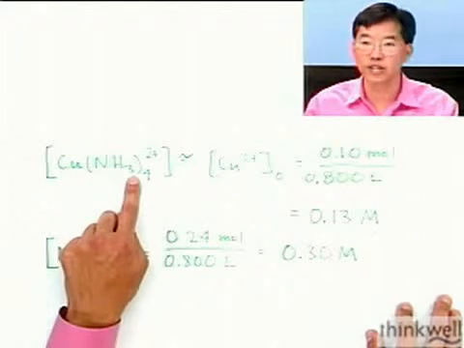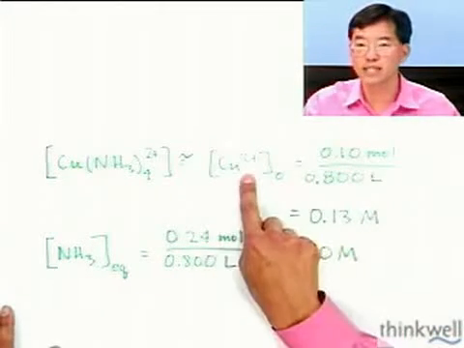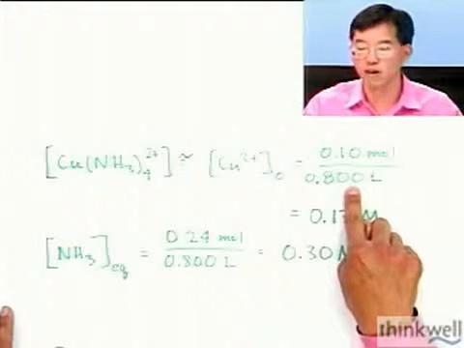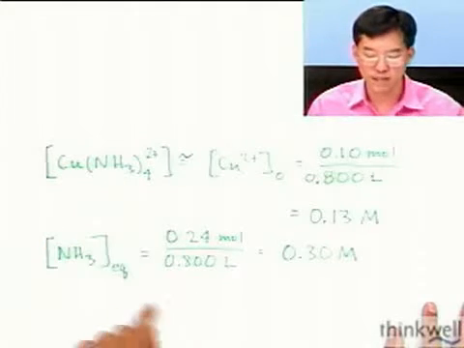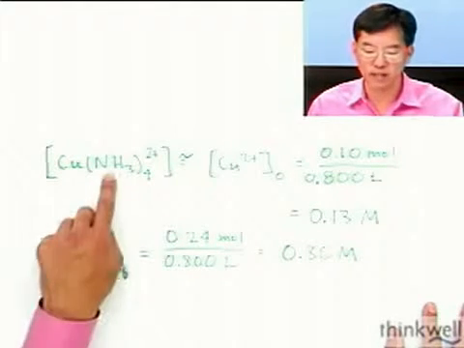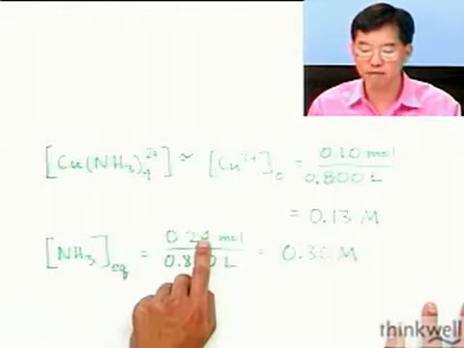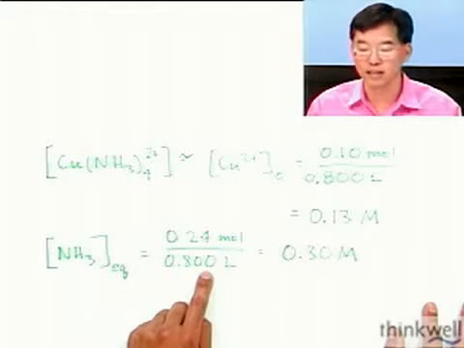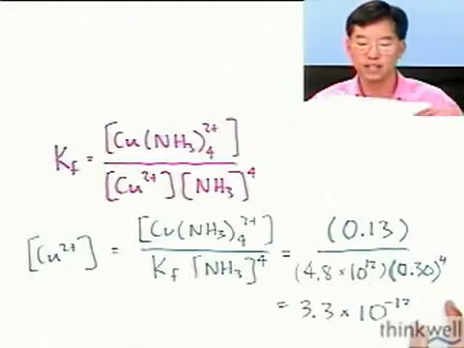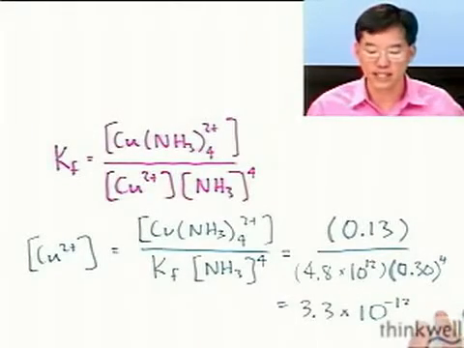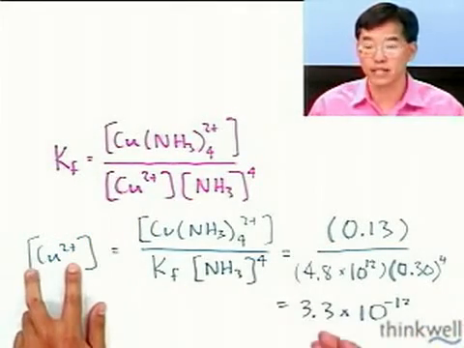So we'll calculate the concentration of the tetraammine copper 2+ cation, and that's 0.10 moles, because that's the number of moles that we started with, divided by the final volume, and that gives us 0.13 molar concentration of the complex ion. Similarly, the concentration of ammonia at equilibrium is given by the ammonia that's left over divided by the volume of the solution, and that's 0.30 molar. And now we can take these two pieces of information and plug them into our expression for the formation constant. We're going to rearrange this expression for the formation constant, put the copper 2+, that's what we're interested in, by